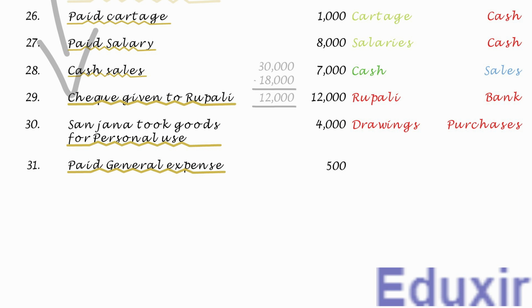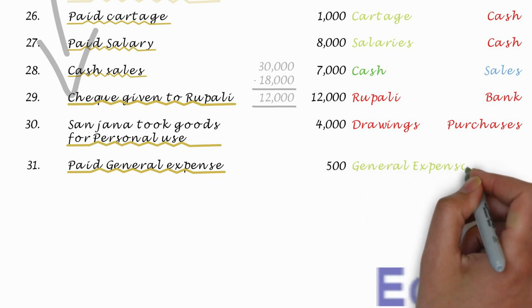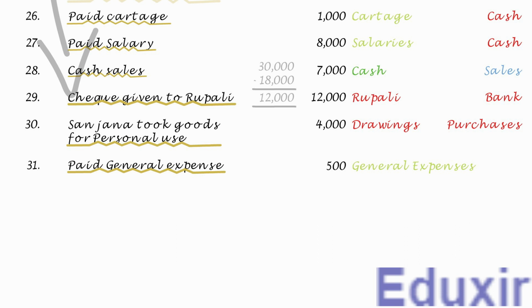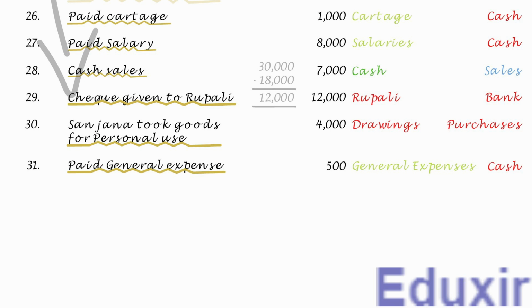As you know, unless otherwise specified, all the payments are usually considered to be done in cash. So in this transaction, the business has incurred general expenses. The rule to record any expense incurred is to debit the corresponding expenses account. In this case, the general expenses account should be debited. At the same time, as these expenses are paid out in cash, it reduces the cash asset of the business. The rule to record any decrease in the asset is to credit the corresponding assets account. In this case, the cash account should be credited. With this analysis, let us now proceed with the journalizing of this transaction.